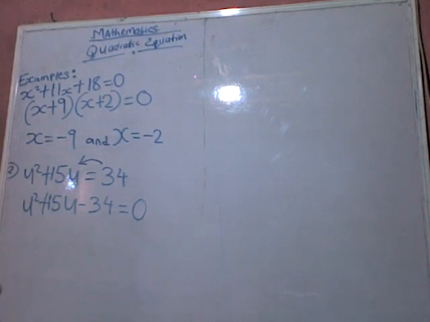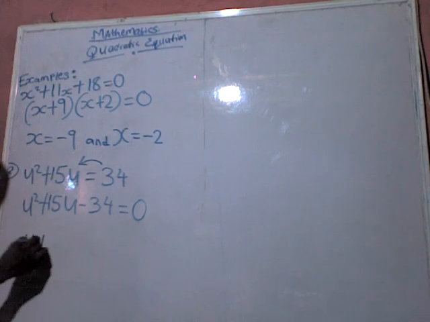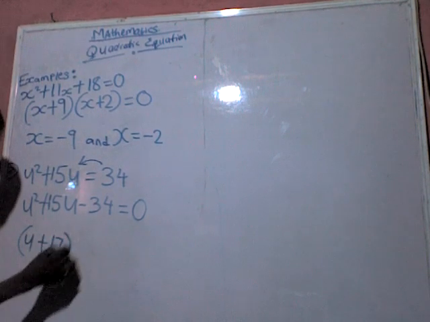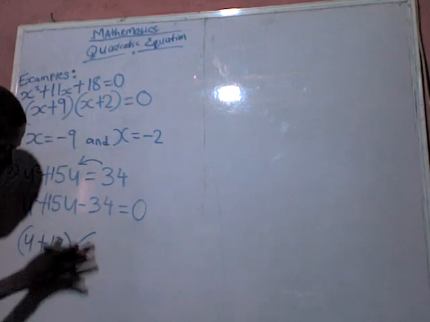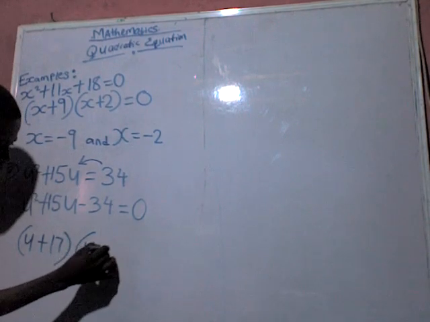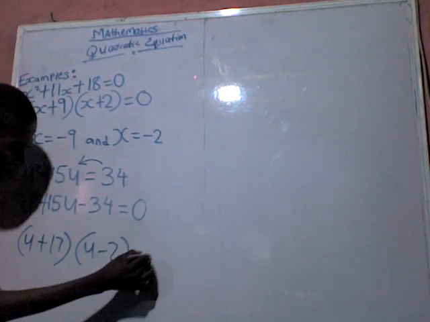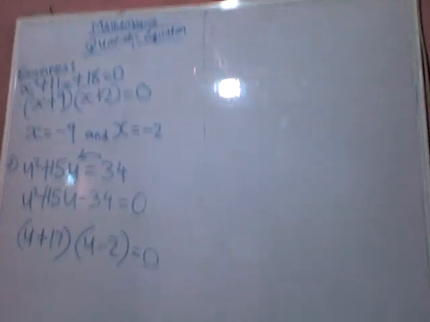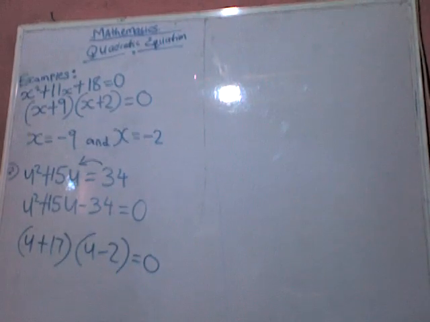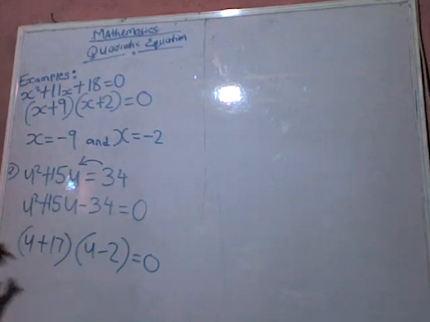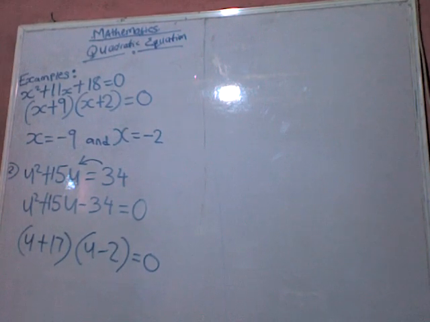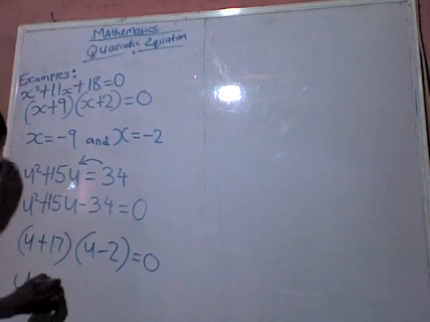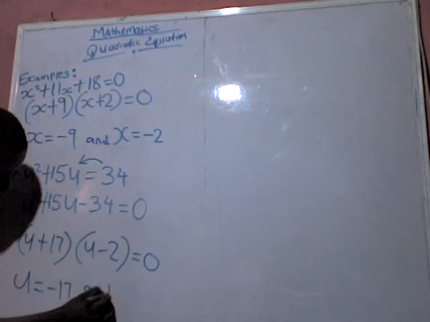So let's put that into the bracket as we did before. So we have u plus 17 and u minus 2 equals 0. Now let's make use of the formula and take our factors to the other side. So we have u equals minus 17 and u